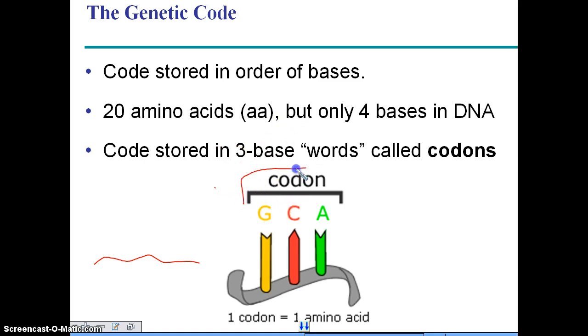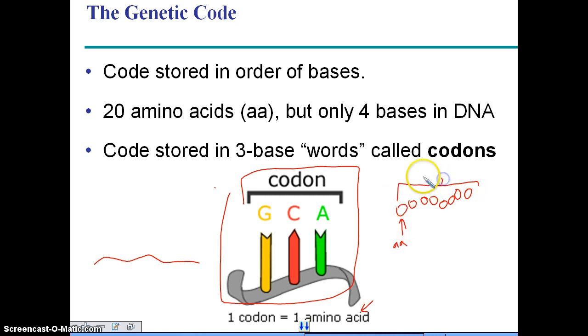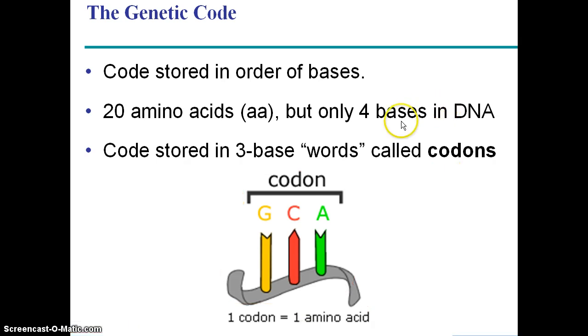Those 3-word segments are referred to as codons. And now, what is significant about a codon is the fact that each codon, each 3-base segment, specifies one particular amino acid. So remember, amino acids are important because amino acids link together to form the polypeptide. So there's one amino acid, and the overall structure is the polypeptide, or when that folds up, it can become a functioning protein. So the order of these codons specifies the order of the amino acids, which influences the 3-dimensional structure of the final product.